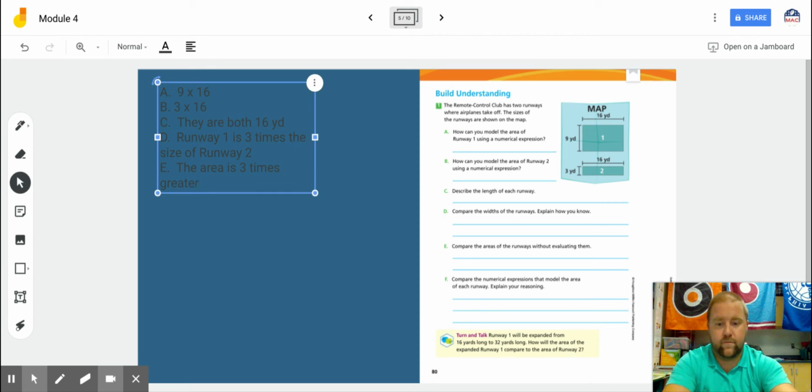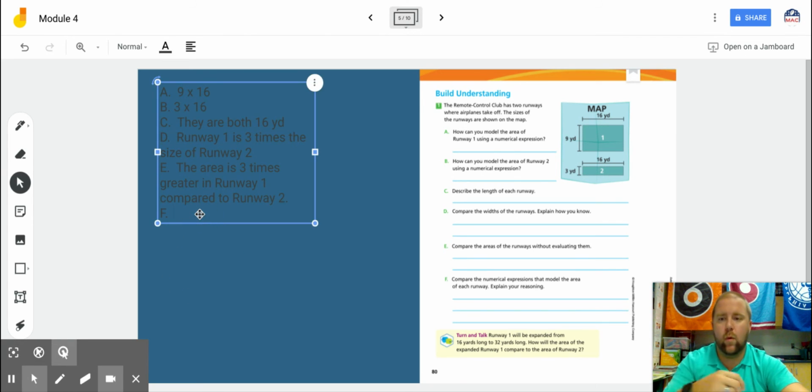Oops, I spelled that wrong. Okay, so that's your answer for part E. Now, in part F, this is where we start to talk about our numerical expression, kind of like we did in the last problem that we did in our example, okay? So it says, compare the numerical expressions that model the area of each runway. Explain your reasoning. So we need to come up with the numerical expressions for these, and then we need to compare them. So we know when we compare them, we can say that